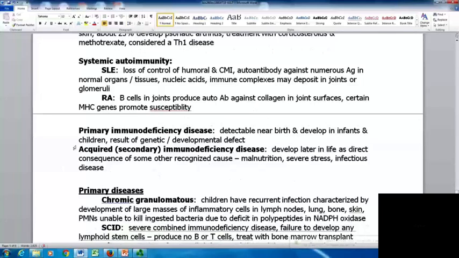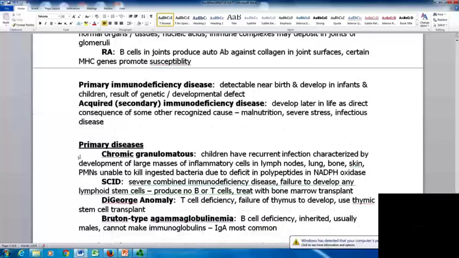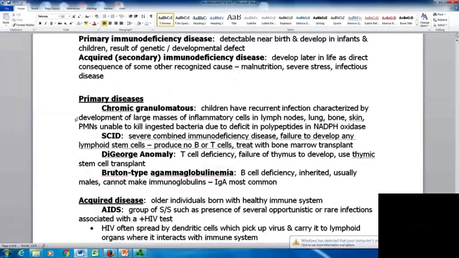With primary immunodeficiency diseases, these are detectable near birth, and they'll develop in infants and children. These are usually the result of genetic or developmental defects. With acquired or secondary immunodeficiency disease, these develop later in life as a direct consequence of some other recognized cause, such as malnutrition, severe stress, or infectious diseases. Some examples of primary diseases: